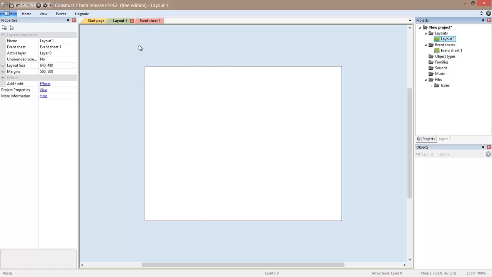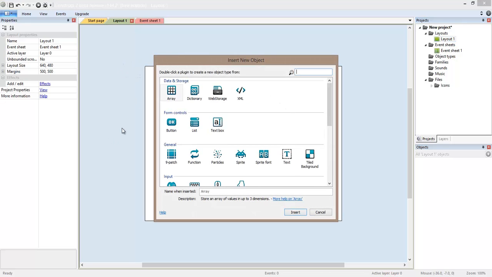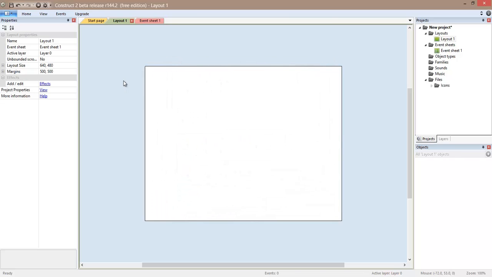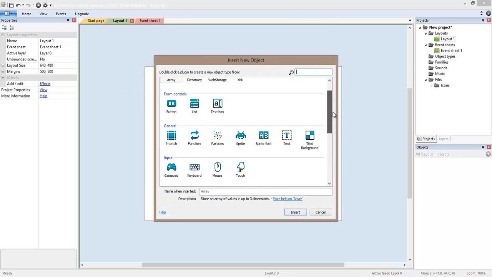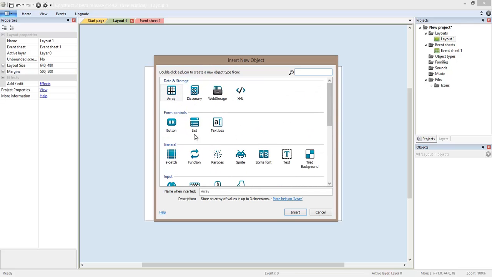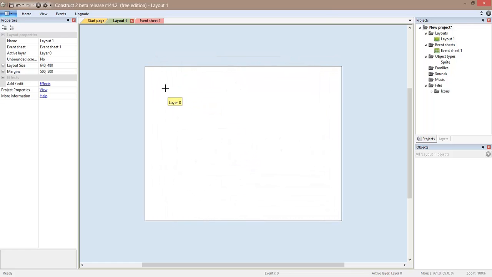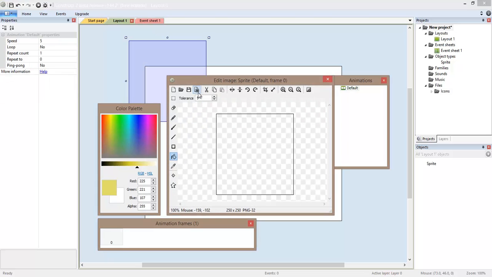Now, the first thing that we can create here is a sprite. A sprite is a graphical representation for any element on the screen. So we're going to double click anywhere on the layout. Usually I do it on the borders, and we have this list of elements that we can integrate. Right now we're just going to concentrate on sprite, and we just double click or insert. We're asked where we want to locate it, and we have this image editor. It's quite simple, and you can, well, draw your own image if you want,